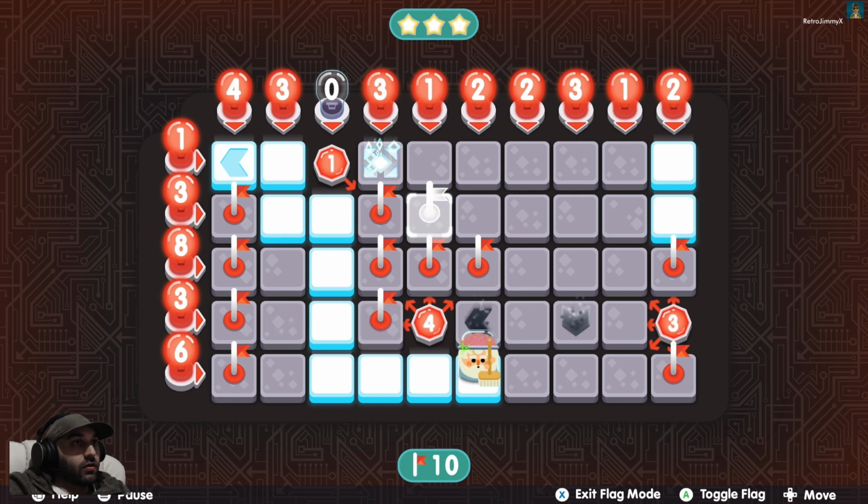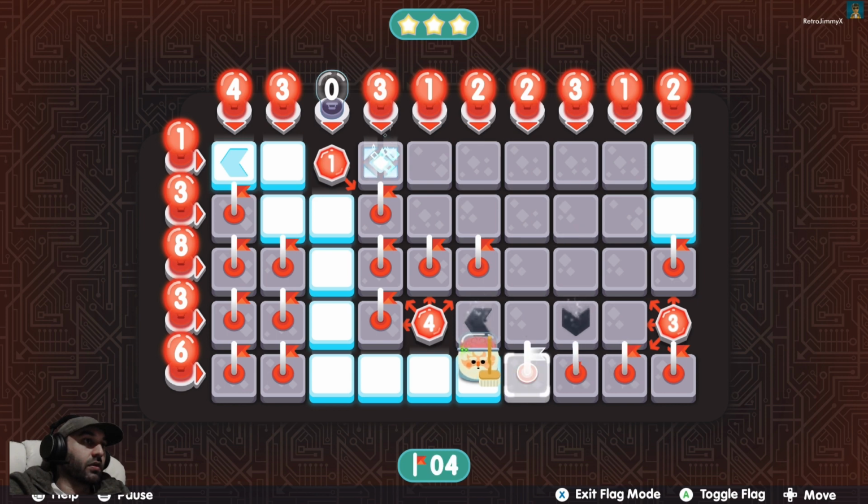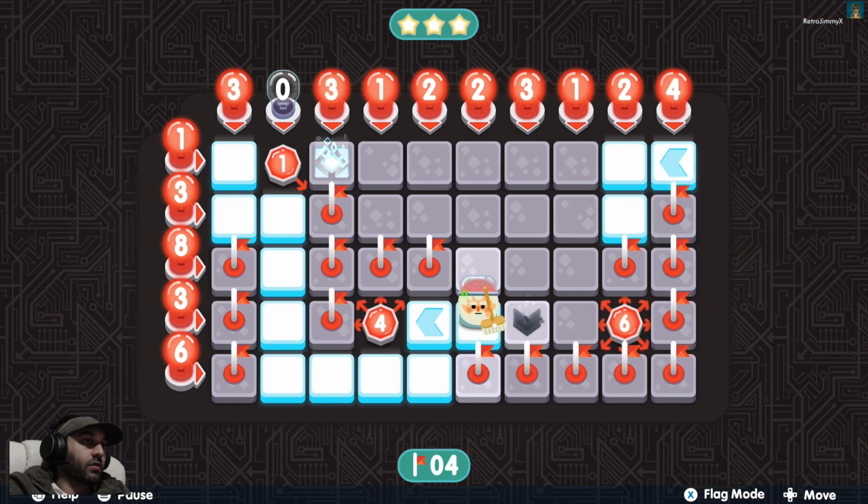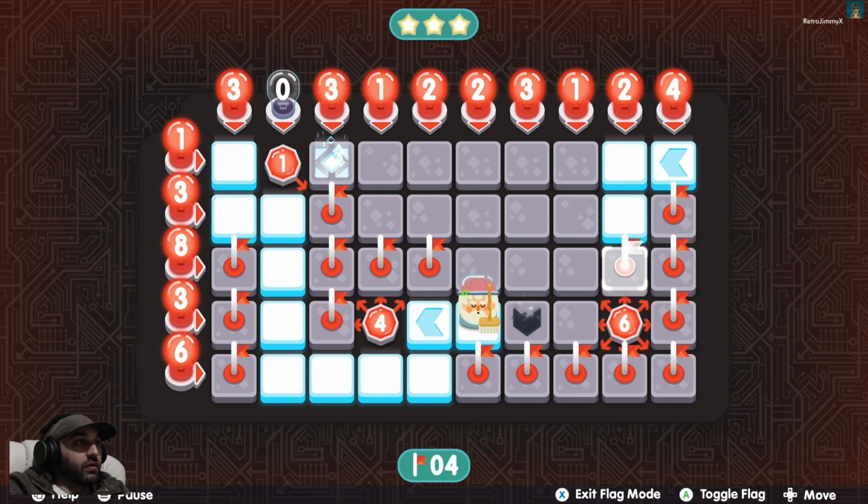Let's have a look at columns. We've got 3 over here. 1, 2, 3. Got 1 in there, 2 there, 2 are there, 3 there, and 1 there. We've got 6 to go in here. Still got 2 to go in there. We've got 6 to go around that, which is complete. So